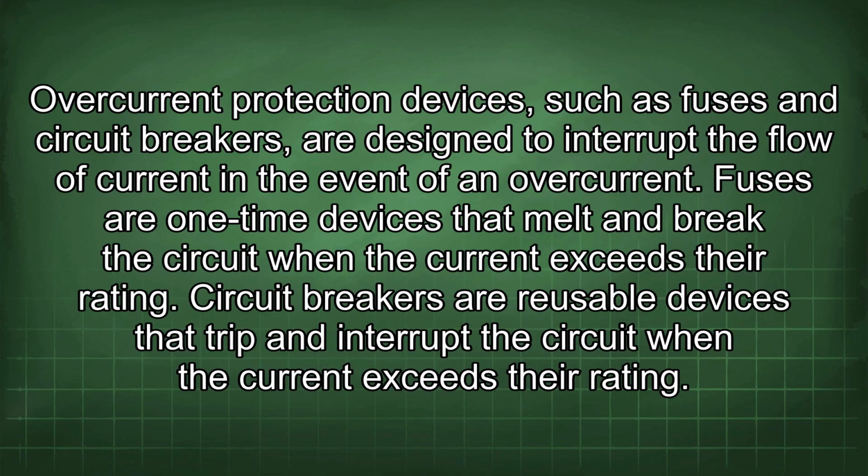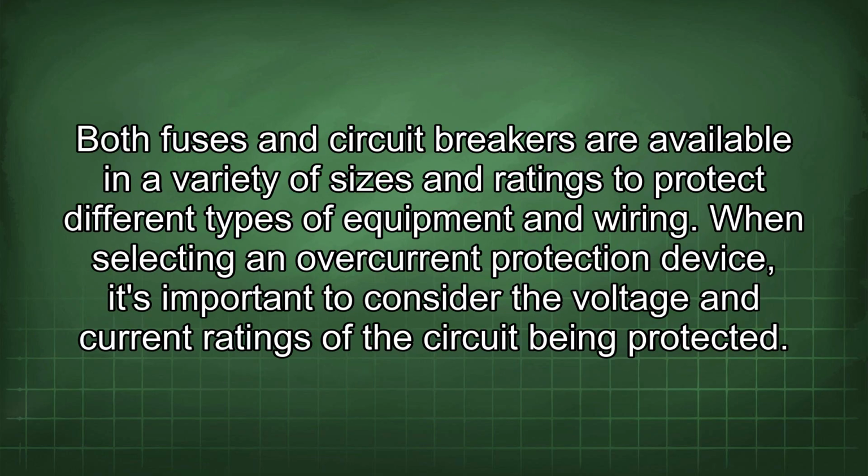Overcurrent protection devices, such as fuses and circuit breakers, are designed to interrupt the flow of current in the event of an overcurrent. Fuses are one-time devices that melt and break the circuit when the current exceeds their rating. Circuit breakers are reusable devices that trip and interrupt the circuit when the current exceeds their rating. Both fuses and circuit breakers are available in a variety of sizes and ratings to protect different types of equipment